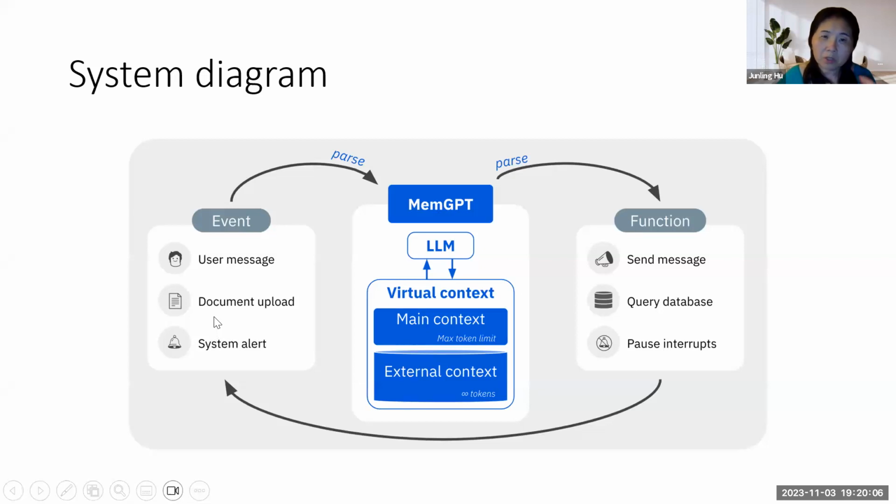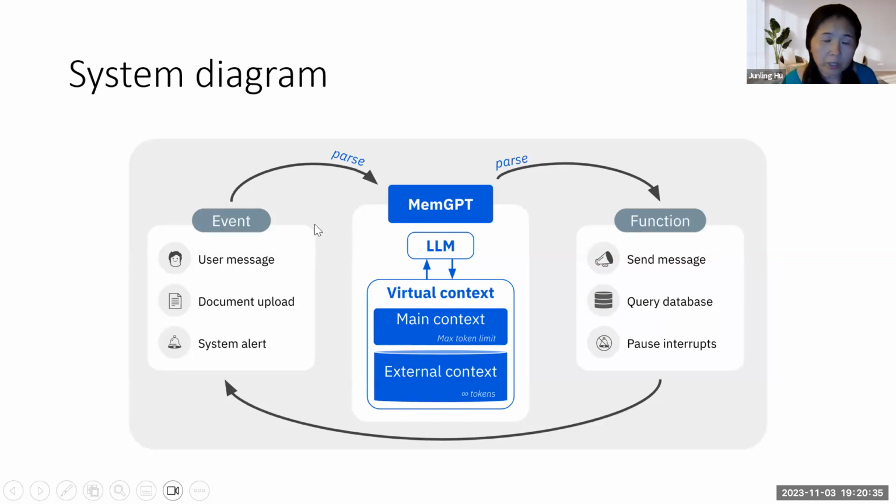There's some system alert going on, so there's an event trigger. The event is then passed as a sequence of tokens as an action. This is inspired by LangChain, basically an action-oriented large language model. So you can reversely think about it: now instead of taking action, we receive events.